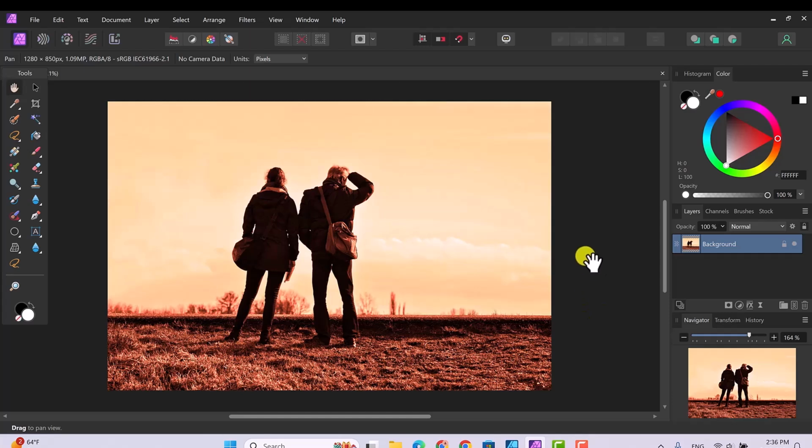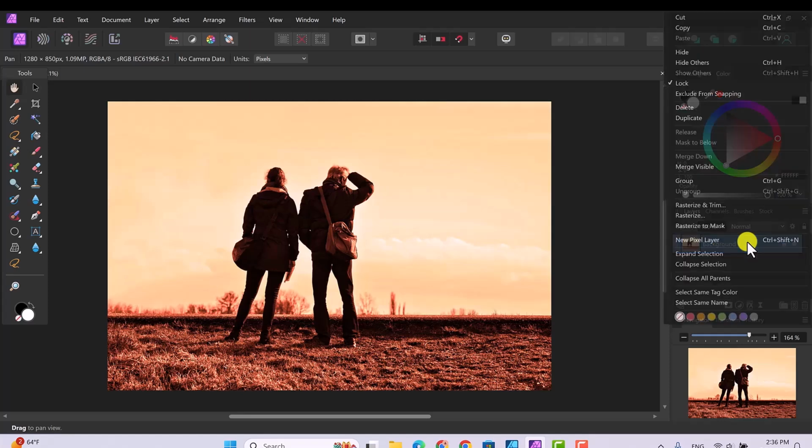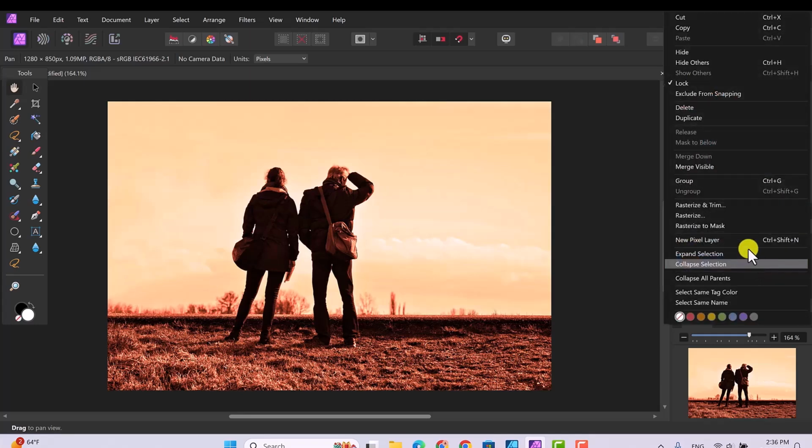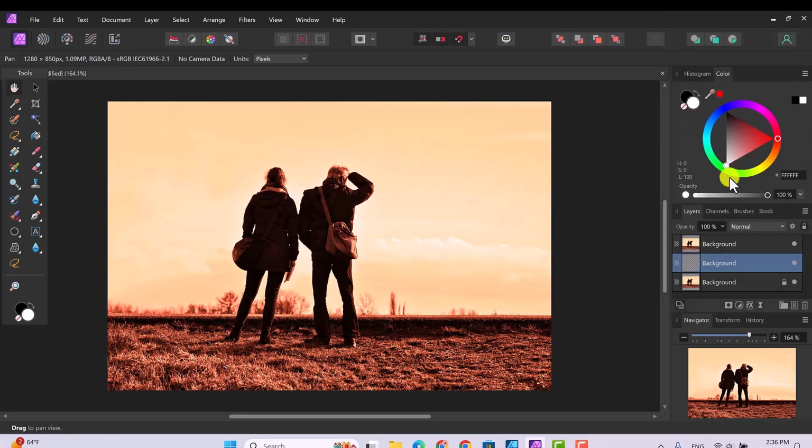Now this is what you need to do. You need to make a copy. Over here you have background. Since the photo is open, that's what it's going to open to be. You've got to make two copies. One, we're going to make a duplicate of background, and then we're going to make a second duplicate of the background. So we're going to name one